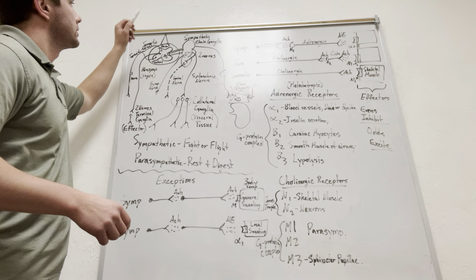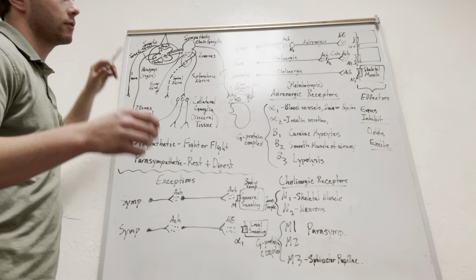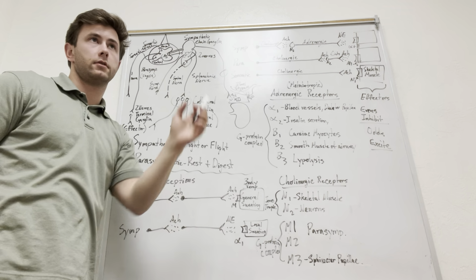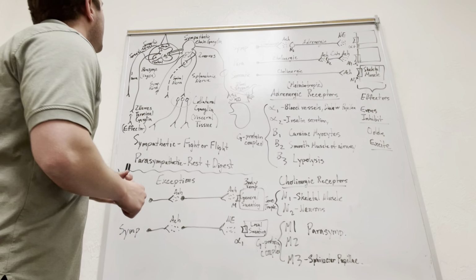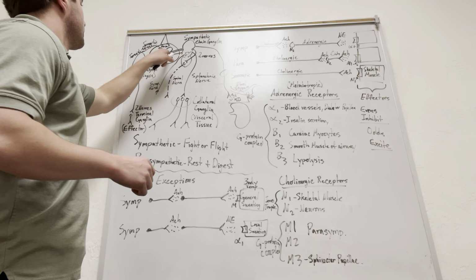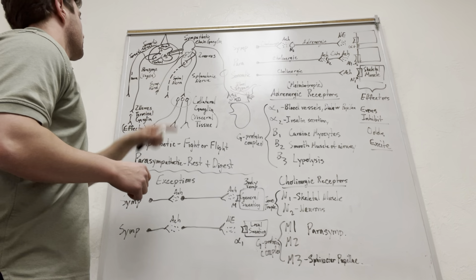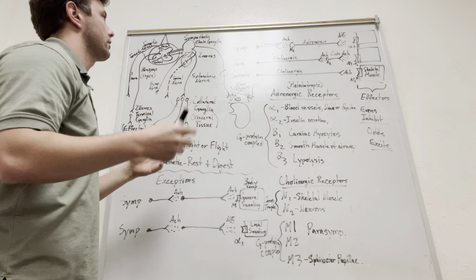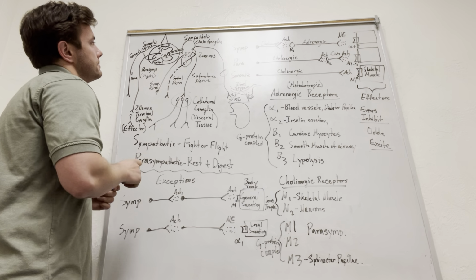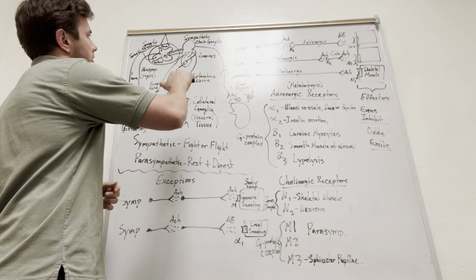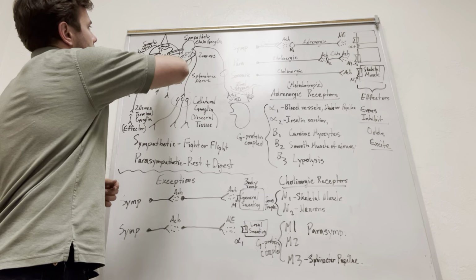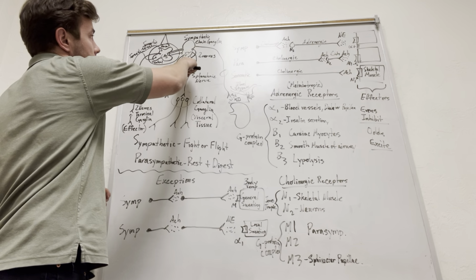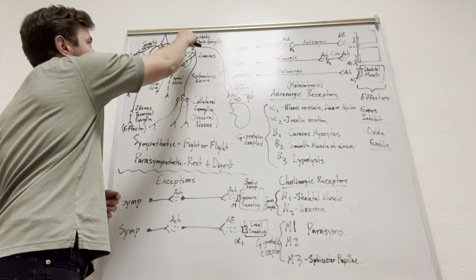Jumping over to sympathetic and parasympathetic, where they originate, they're going to originate in the lateral horn of your spinal cord. So the cell body is going to be in this lateral horn area, and sympathetic has 4 different routes it can go through. We'll start with this one. Depending on where you want to go, you can synapse in the sympathetic chain ganglia, which is located right next